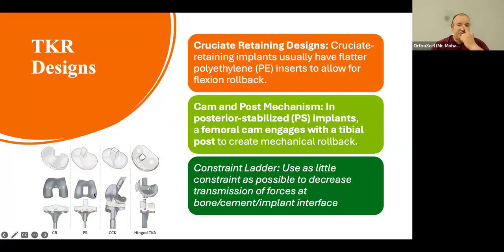posterior stabilized, and this depends on a cam and a hole that should just hold the mechanism in place. So a cam and a slot. The slot in the femoral component, the cam coming from the insert, and this is stopping the anteroposterior movement of the tibia. So basically, the cam and